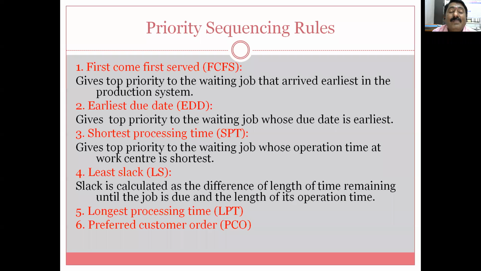So here that one company will go as the preferred customer, irrespective of first come first serve, earliest, shortest, longest processing times, whatever, because XYZ is our preferred customer and my 70% is due to them only. Therefore, irrespective of all other points, my first priority will be that XYZ company. This is also one of the sequencing rules or criteria that can be considered. So these are the different criteria that can be considered for deciding the priority. So it is mentioned as priority sequencing rules.